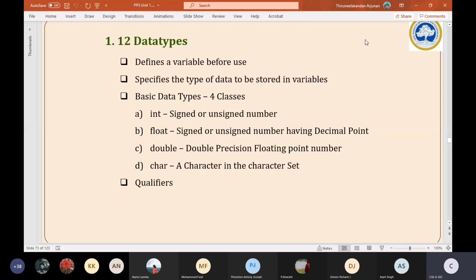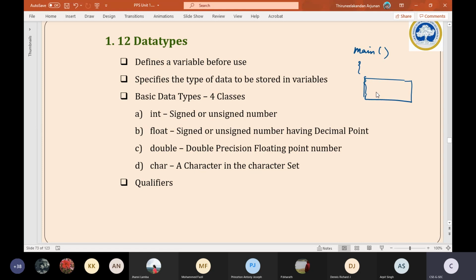Immediately after starting main, this is the declaration part I have taught you. Whatever variables we want to use inside this entire program should be declared in this space immediately after opening the main program. Then only can we start writing the instructions of the program where we work on these data variables that we have declared here.